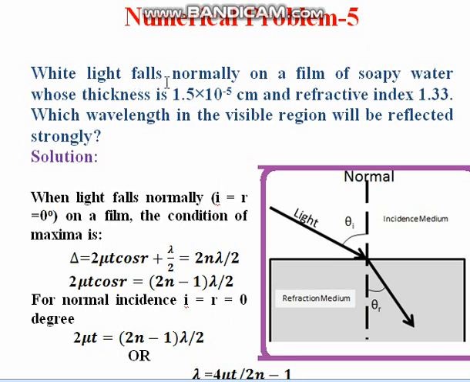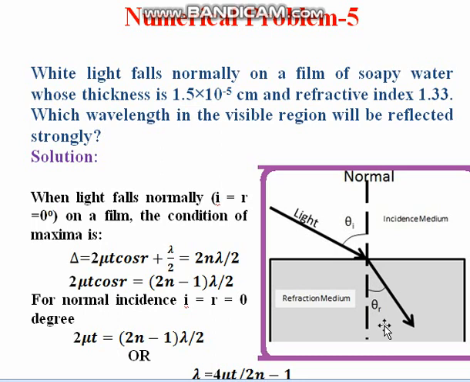The white light falls normally. So what is the situation of normal incidence? For this we take this figure, a very simple figure in which we can see the reflection and refraction. There is a normal, and this is the line of medium change. There is one medium here and one medium here, and you can see the light incident at this point and refracted into the other medium. This is the angle of incidence, and this is the angle of refraction.